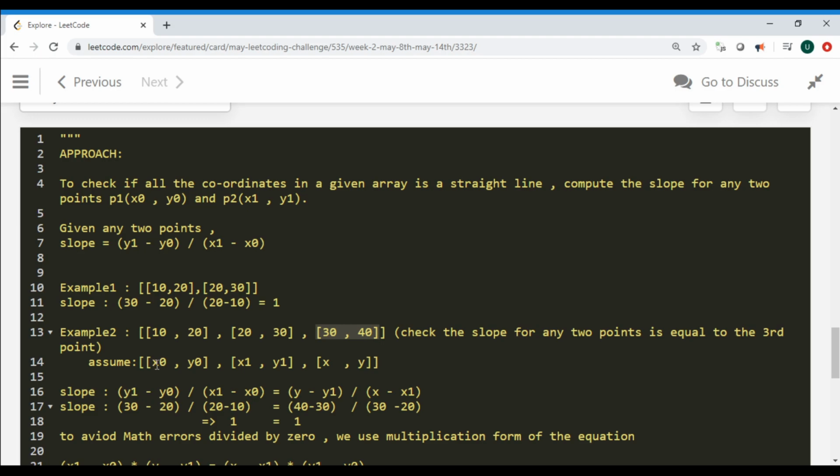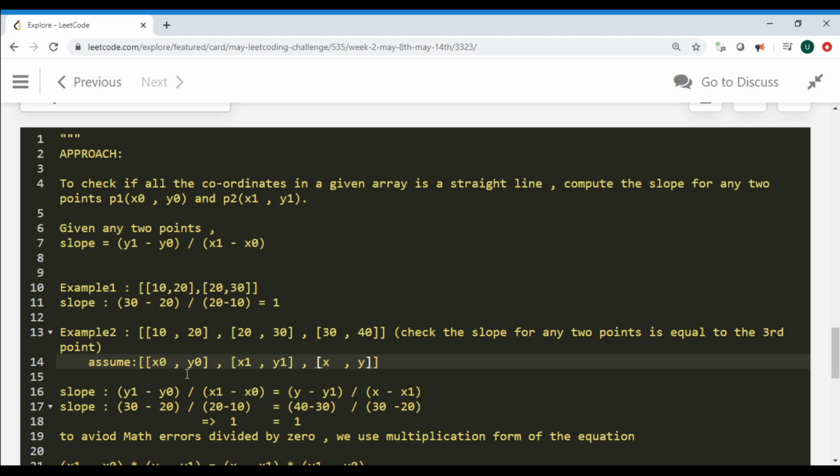The first step would be to pick any 2 points from the example and calculate the slope, and then compare with the third point and check whether both the slopes are equal. If they are equal, we return true, else false.